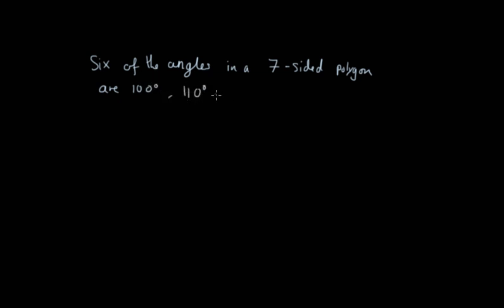So let's do another example. 6 of the angles in a 7-sided polygon are 100 degrees, 110 degrees, 130 degrees, 145 degrees, 145 degrees, and 150 degrees. Find the missing